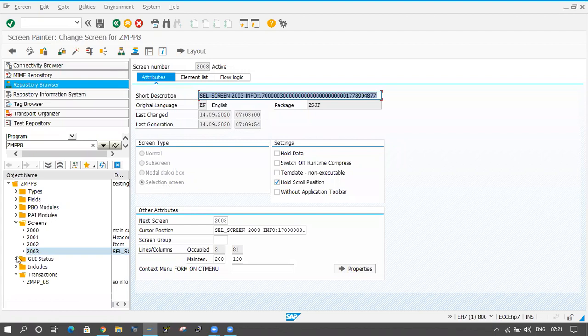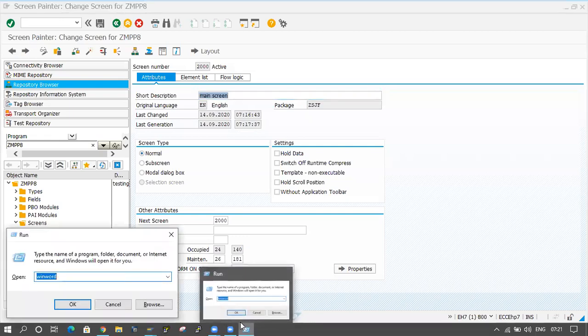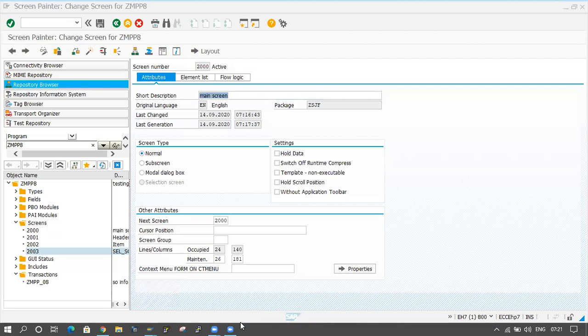And the modal dialog box. A modal dialog box means we have to provide something, like starting position, ending position. So one screen will come.